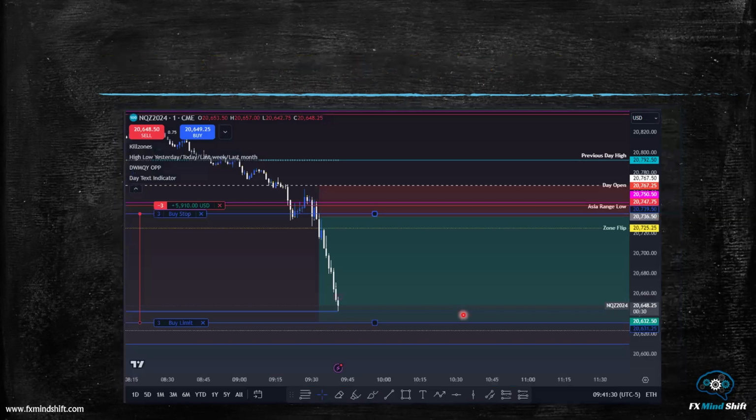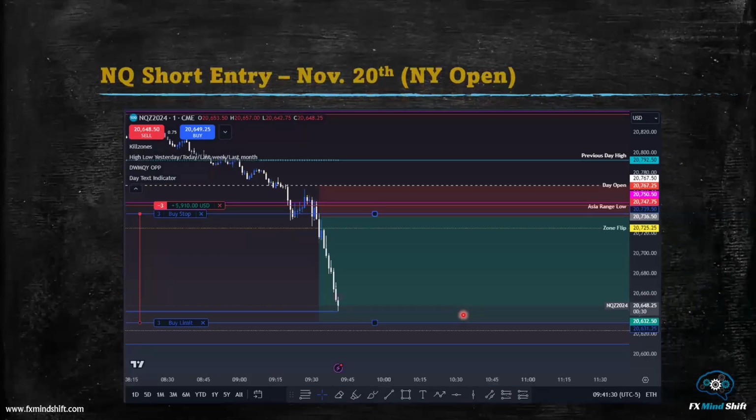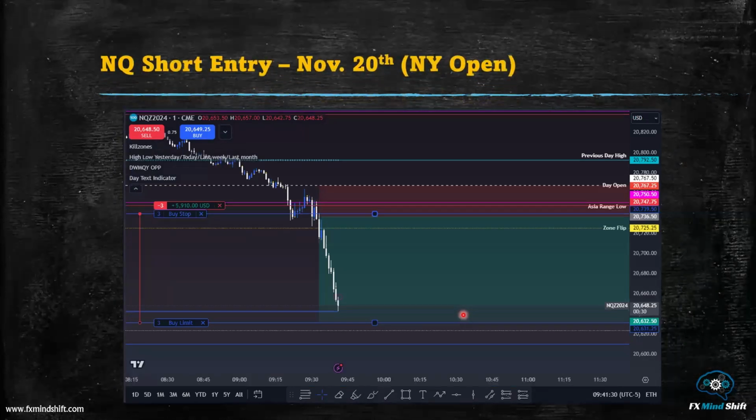All right. Next example I've got here. So this was also a short entry. Okay. This was on NQ. This was taken on the 20th of November. This was a New York Open trade. Okay. And so you can see here right at the 9:30 mark, you can see where I entered here on